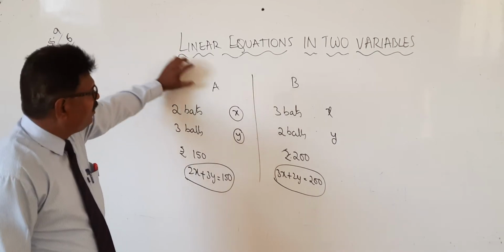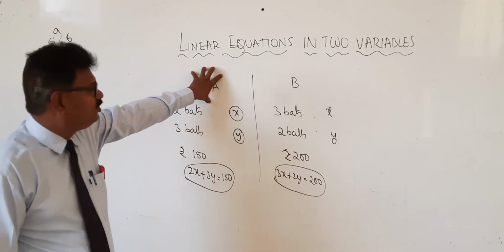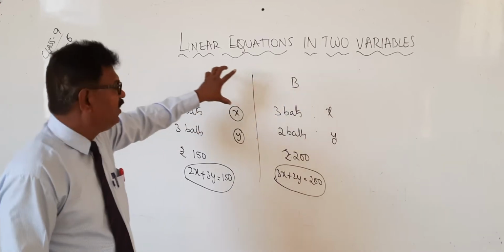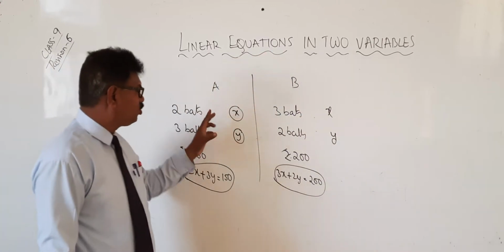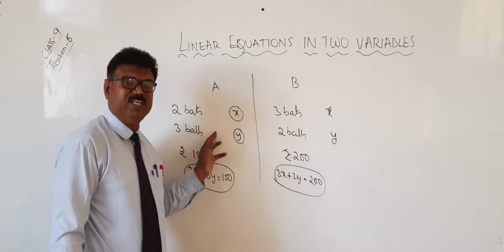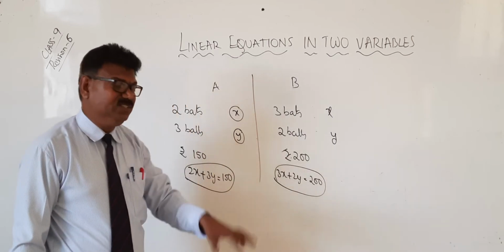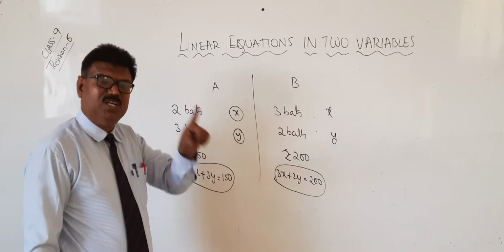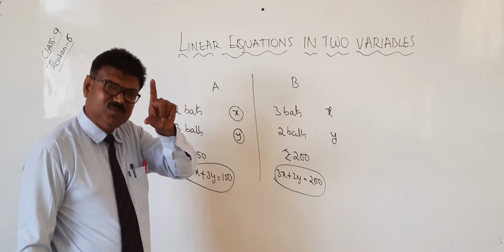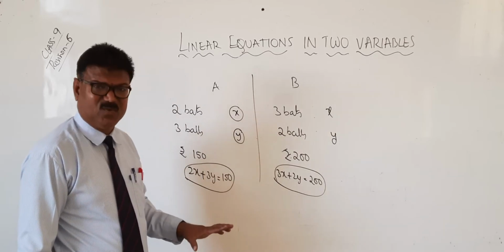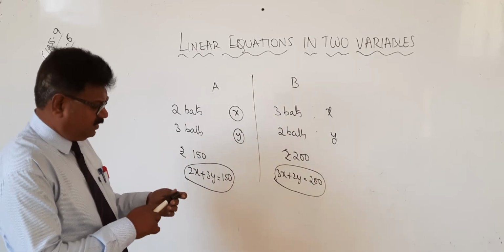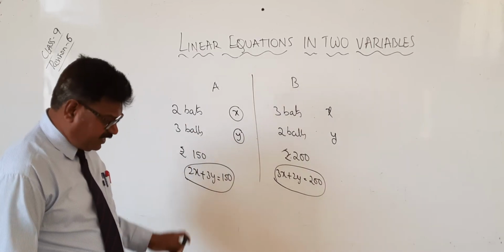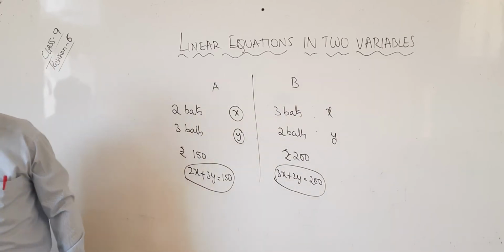And one more thing, when you have two variables, it means two conditions are required to find their answers. So two variables means two equations. Three variables means three equations. Only one variable means only one equation, like that. Okay? In the 8th standard also we have seen only one variable, right? Now how to solve this problem?